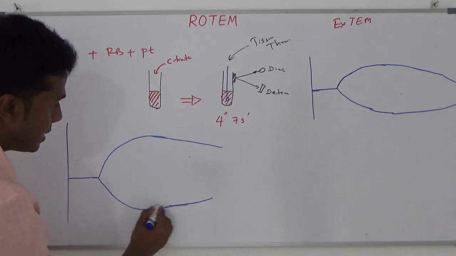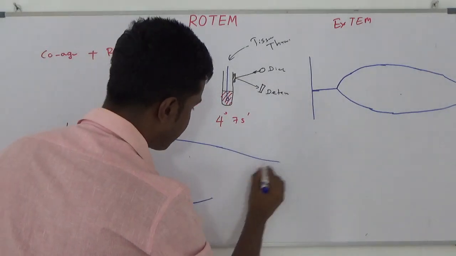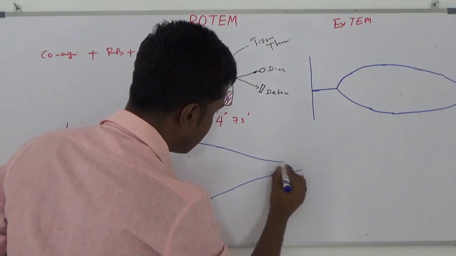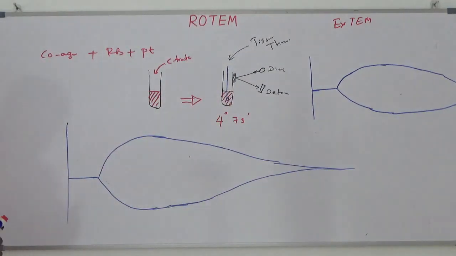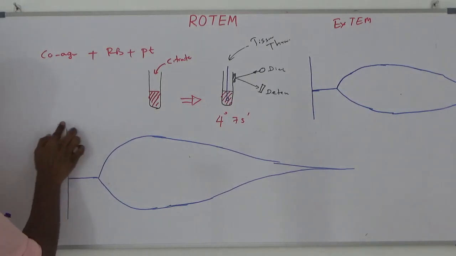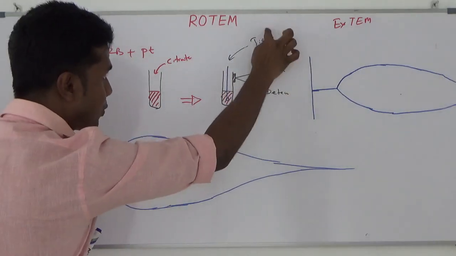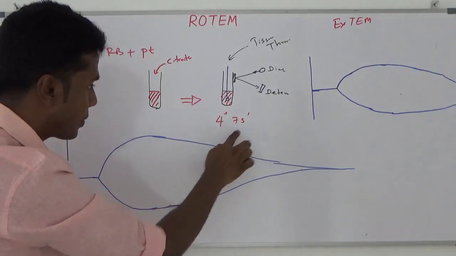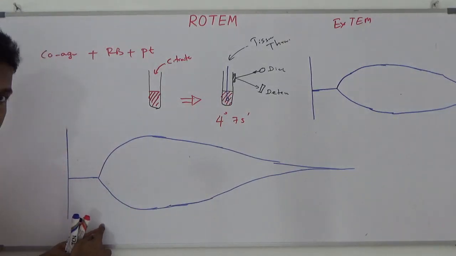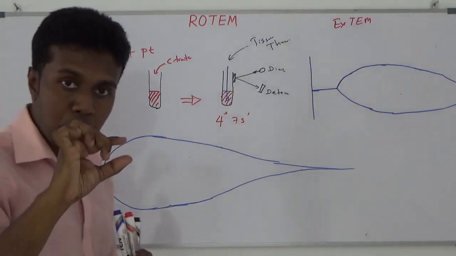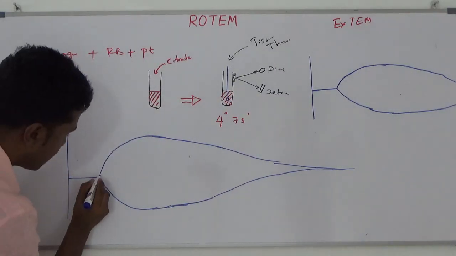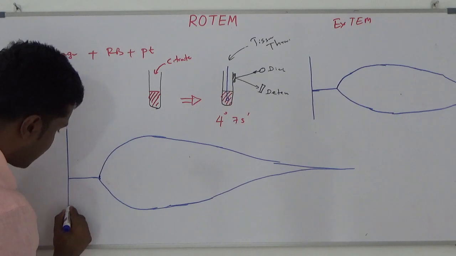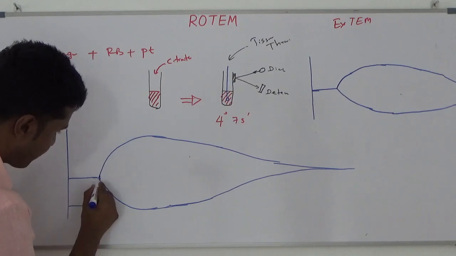Then it gradually diminishes. With time it came near normal. From the beginning, from the time of adding tissue factor into the sample up to the beginning of the clot development, actually saying 2 mm size of clot. Now, up to this level, we are going to call this the clotting time.